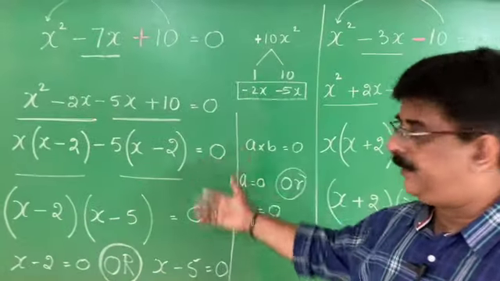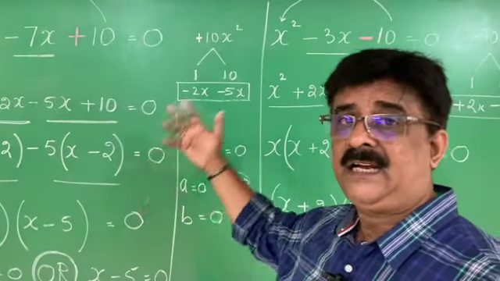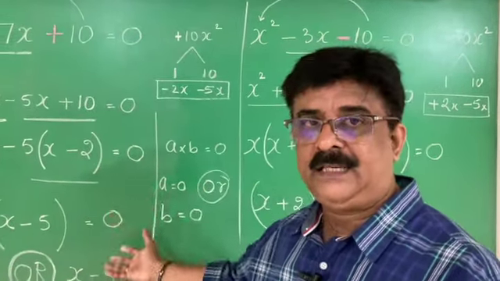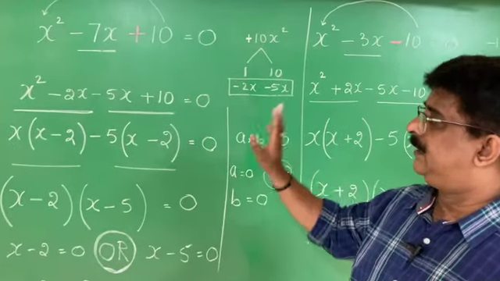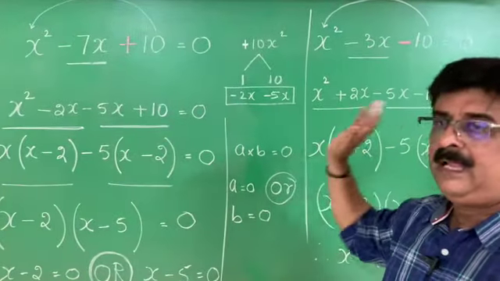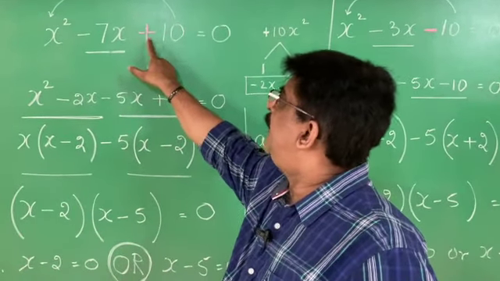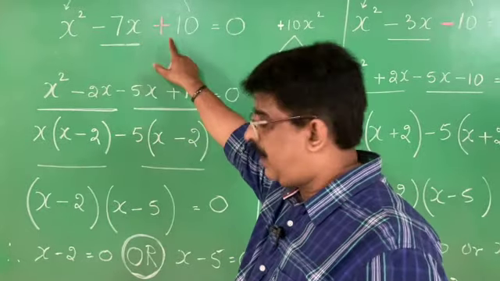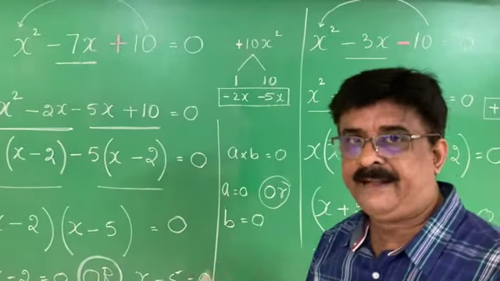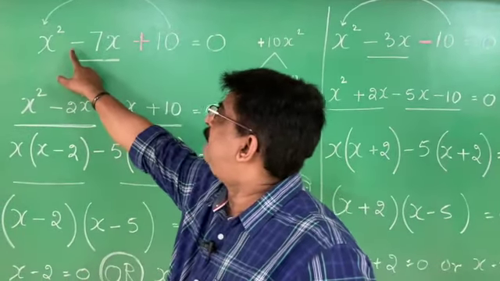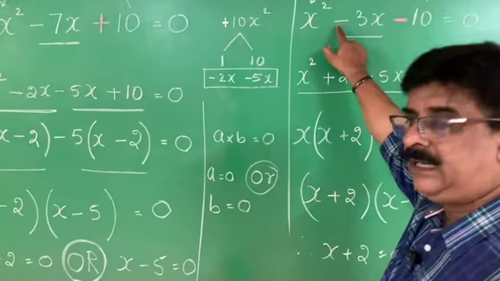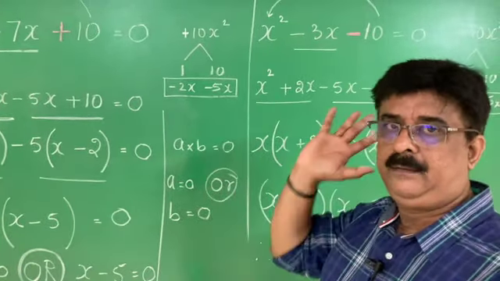There is no need to do this because you studied this in 6th standard, 7th standard, 8th standard, 9th standard. Now you are in 10th standard. For the past 5 years, you have been factorizing trinomials. The skill of factorization is to identify the sign, and don't put wrong signs. If the sign in front of the constant is plus in the standard form, you have to add the factors. If it is minus, you have to subtract the factors. If you are adding the factors, the sign of the linear term should be given to both. If you are subtracting the factors, the sign of the linear term should be given to the bigger number.